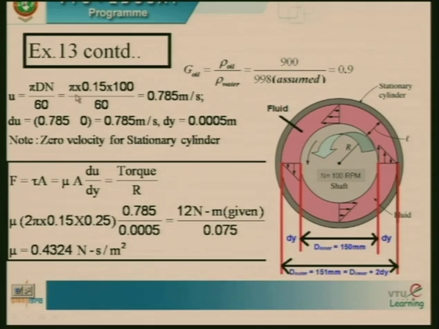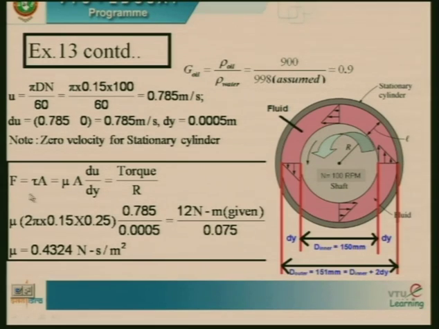You can see here pi into d, 0.15, into 100 divided by 60, because this is rounds per minute. A minute has 60 seconds, so that division is there. So, pi into d, 0.15, into 100 divided by 60. If you calculate, the value will come as 0.785 meter per second. Oil specific gravity is 0.9, 900 by 998, 0.9 is assumed, and we can see here